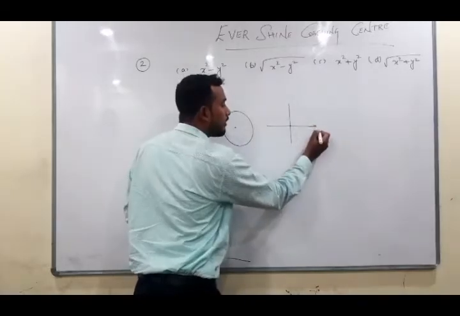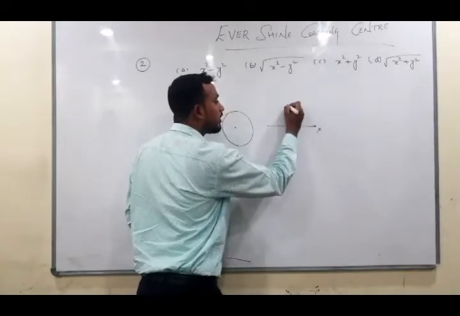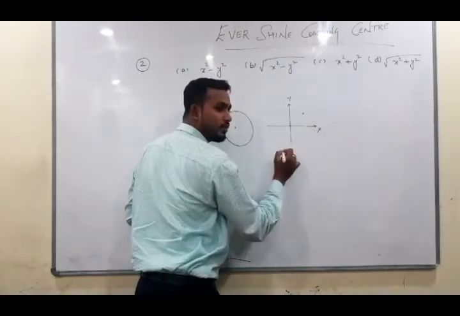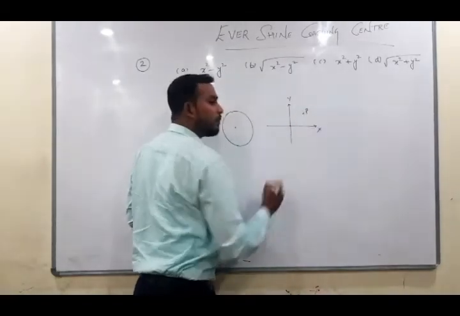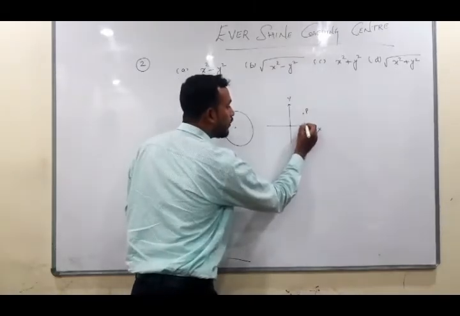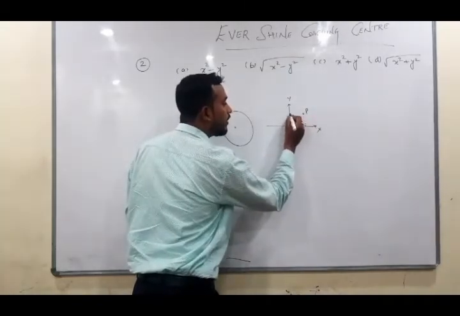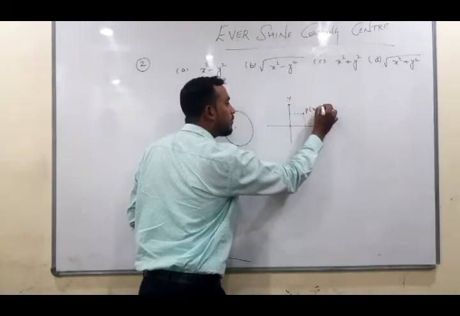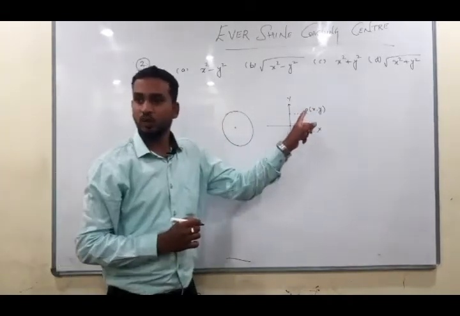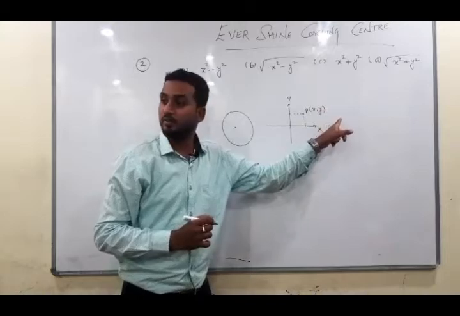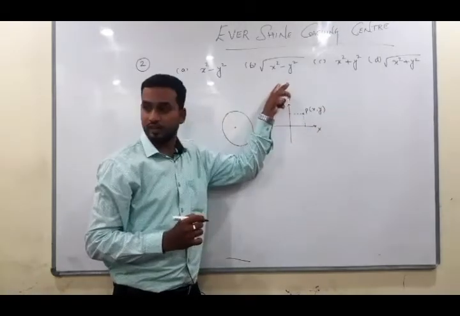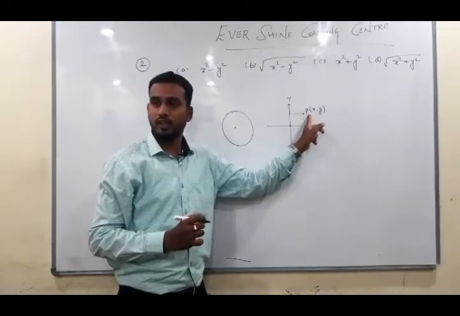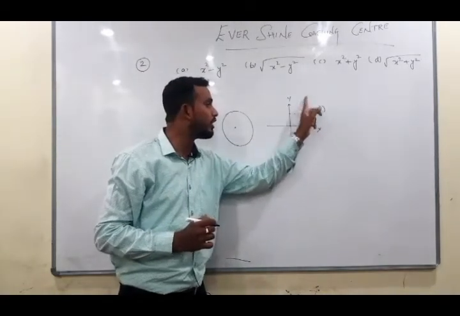This is x axis, this is our y axis. Somewhere we have one point. That point we consider as P. From here if we take, this is our x axis. From here if we take, this is our y axis. So here generally they have given as P of x comma y. So this point is P of x comma y. समझ में आया बेटा? ये x axis है, ये y axis है. x axis से एक वैल्यू लेंगे ऊपर, y axis से एक वैल्यू लेंगे ऊपर इधर, तो ये दो भी जो ज्वाइन होंगे, that is P of x comma y.